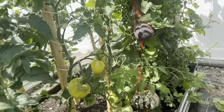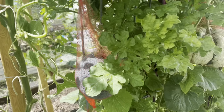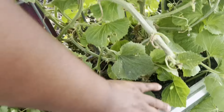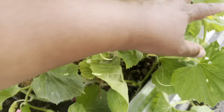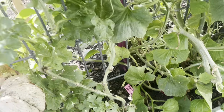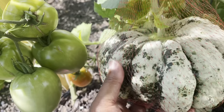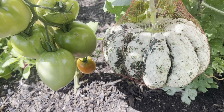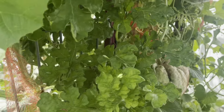And then on this trellis, we have Sugar Baby watermelons, and I think we have a couple different kinds of melons over here. We have Sugar Baby watermelon and Prescott Fond Blanc. And we grow them in these net bags. And then once they're completely ripe, they will fall off into the bags, and then you know that they're ready. Looks like I need to get some more bags out here,